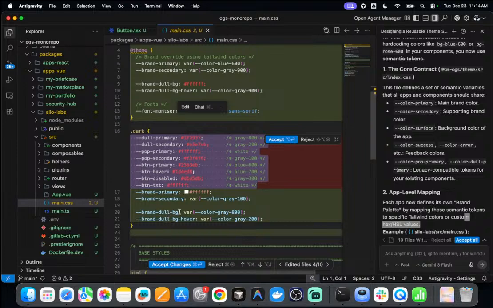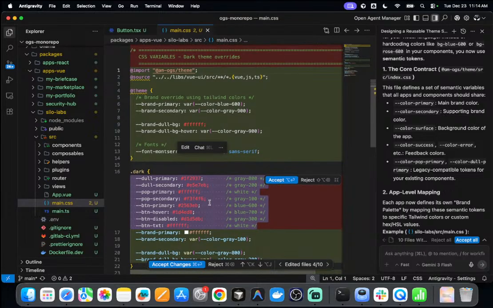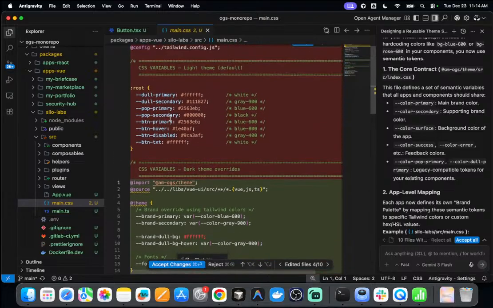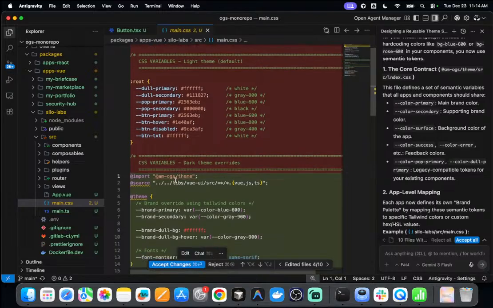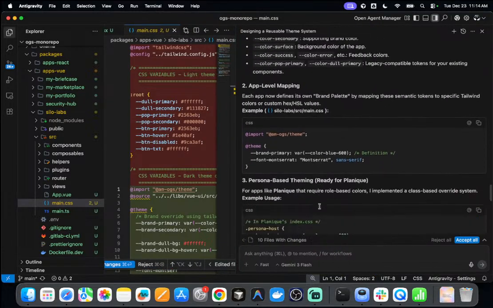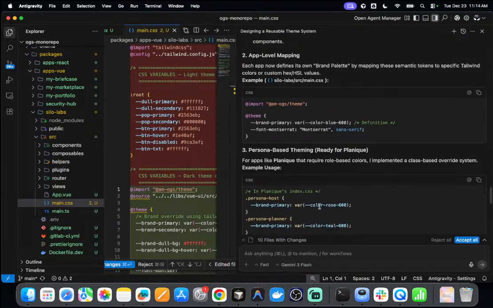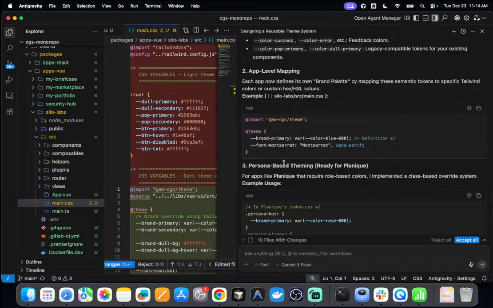Dull BG hover. Dull secondary. Brand primary, brand secondary. Button text white. Maybe because we don't need white. If no colors is given, it's considered white. I'm not sure. And then here it deleted the root. Okay, so I have questions. I'm going to ask it eventually, but let's continue then. Silo Labs main CSS